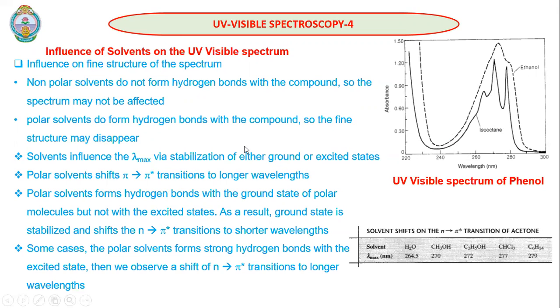There are two possibilities: it may decrease the ground state energy or it may decrease the excited state energy. Polar solvents generally shift pi to pi star transitions to longer wavelengths. Stabilization means lowering of energy. When the HOMO energy decreases, the band gap increases. So that is why we will have,